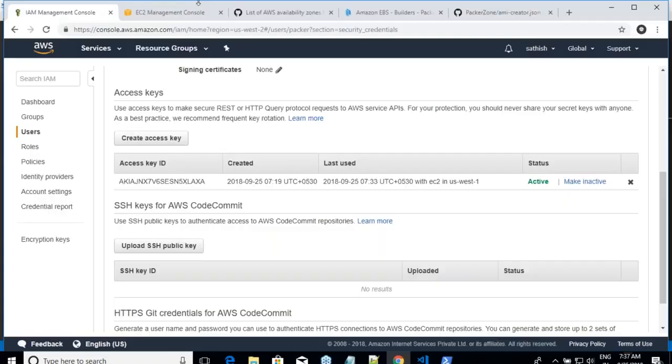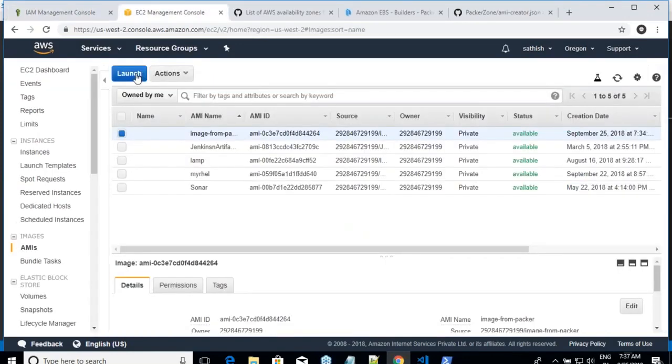But this image is a nonsense image. We have not done anything. We have just taken the Ubuntu image and then we have created an image out of it. It will consist of the same contents what Ubuntu 14 is having. So let us make some changes to it. Before I make changes, I want to delete this image because this image has no meaning at all.